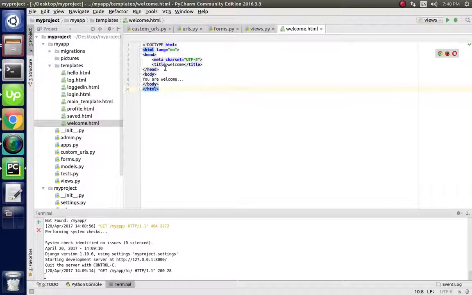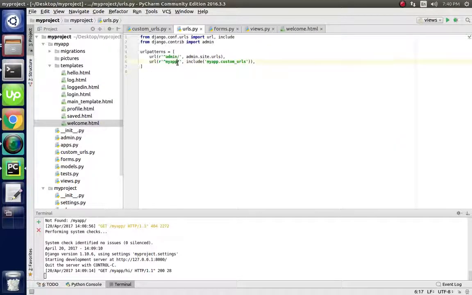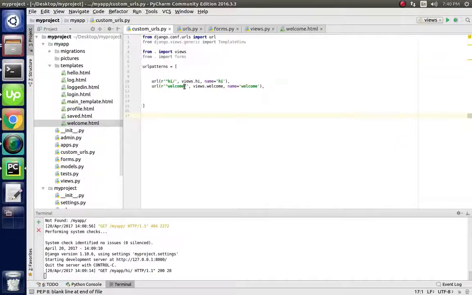Here I write the title welcome and body text, you are welcome. And now we are going to run this one and we will see what output we get. In my app we have to write this code, welcome.